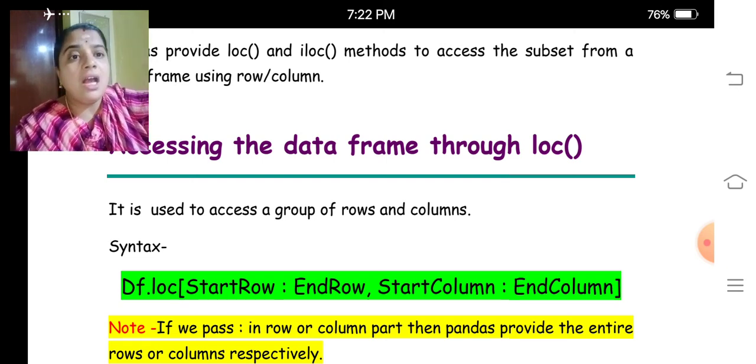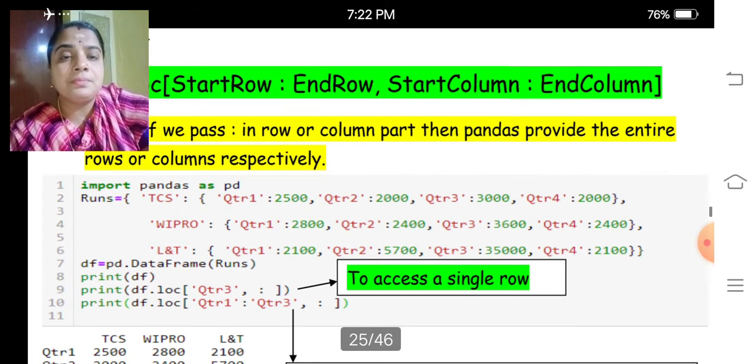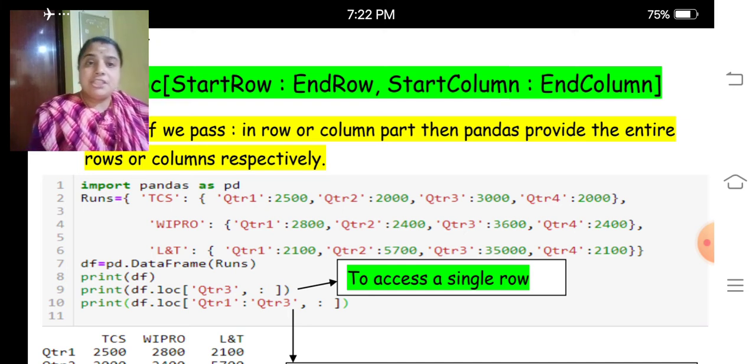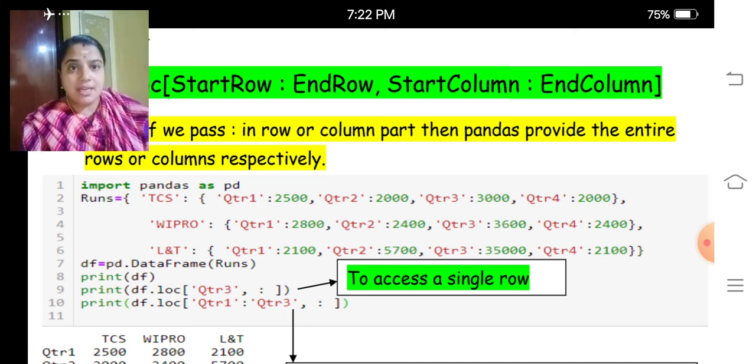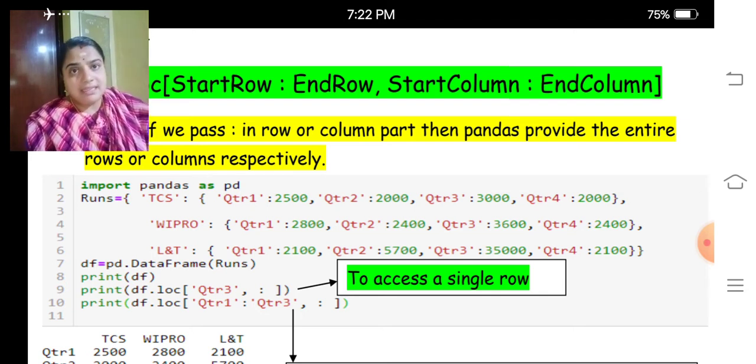Let us check how it happens. Look at the example program. Import pandas as pd and we are giving a dictionary of dictionary. So first, TCS is what? It is nothing but a key.